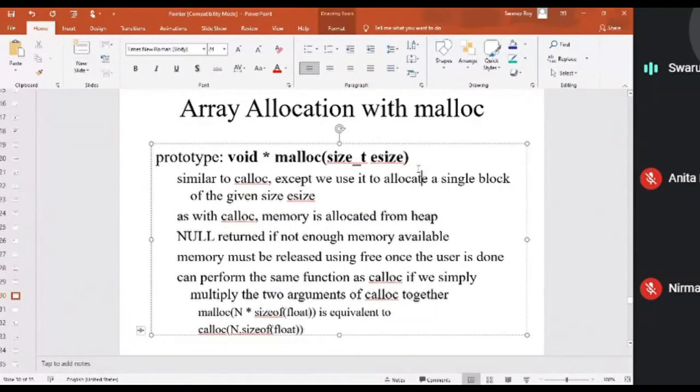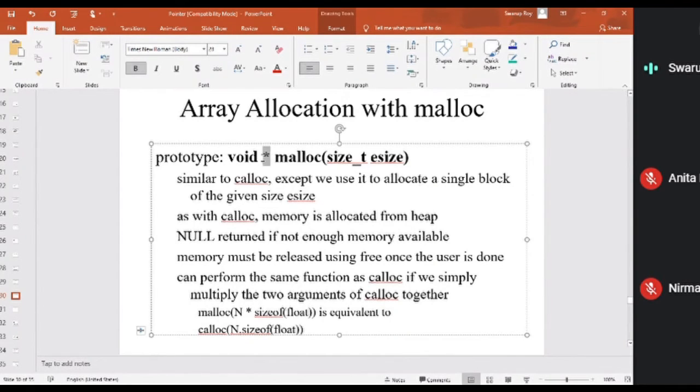Calloc can also do that, but if you declare only one space and one type of data, it means you are dynamically creating space for a single variable, not an array. So that you can also do. But the difference is that malloc takes only one parameter, and it always tries to get a single block, not an array. In an array, what happens is that it may have a set of these blocks, and then it can go to something else. It's somewhat like how your linked list works.